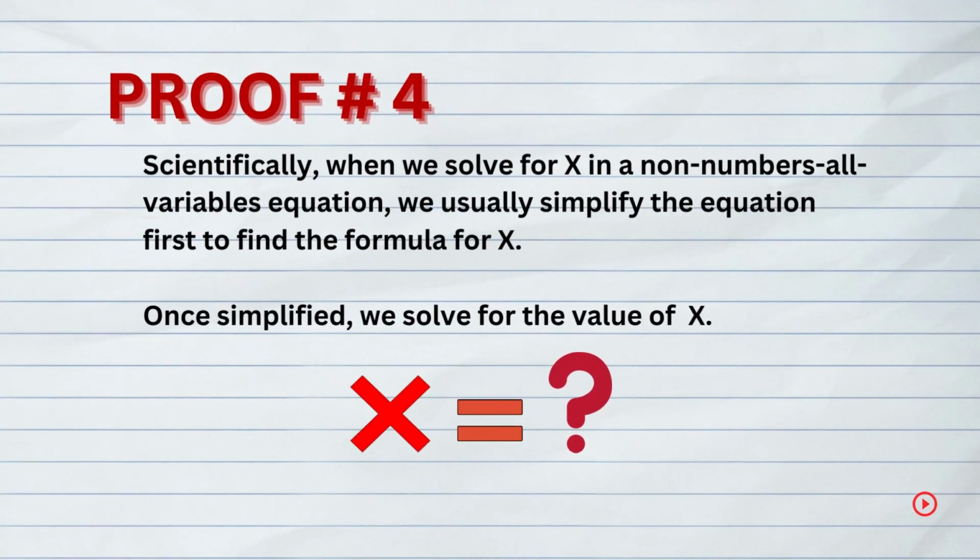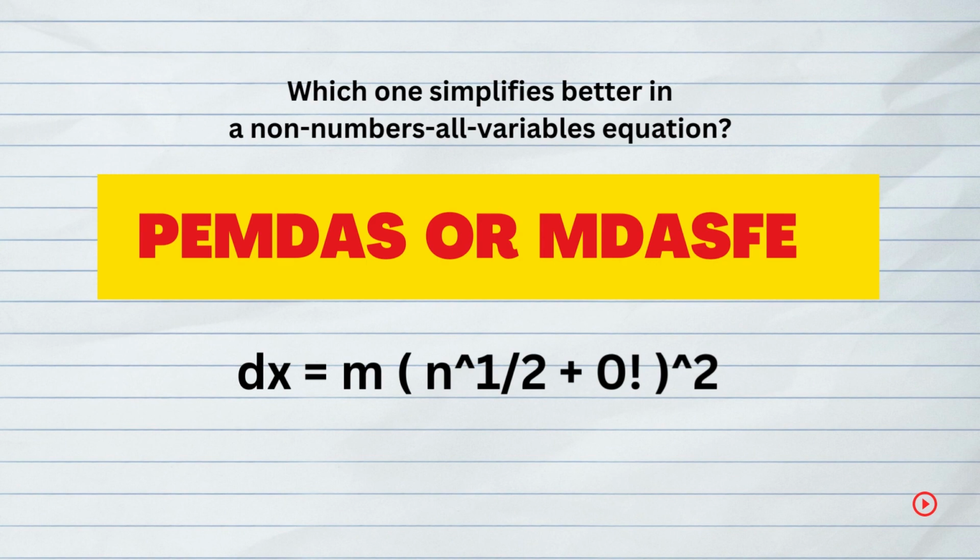Proof number 4. Scientifically, when we solve for x in a non-numbers all variables equation, we usually simplify the equation first. We find the formula for x. Once simplified, we now solve the value of x. To compare which is better, between PEMDAS versus MDASFE, let us use this simple equation. d times x equals m times [square root of n, plus 0 factorial], raised to the